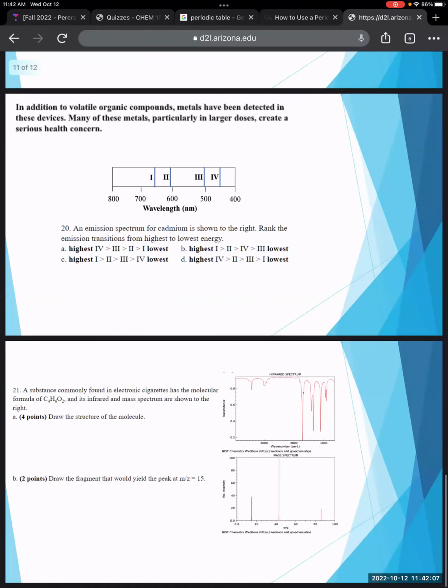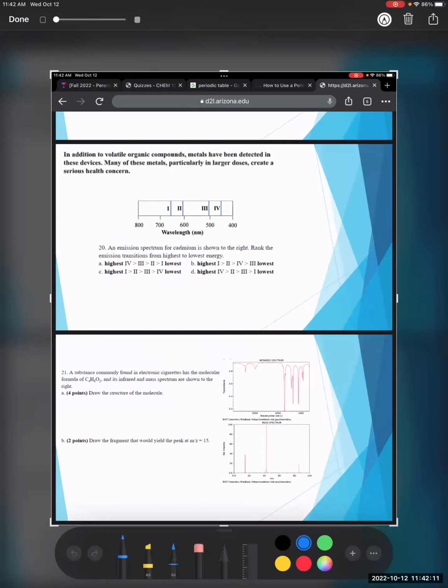And let's do this question. An emission spectrum for cadmium is shown above. Rank the emission transitions from highest to lowest energy. All right, so again, the energy,